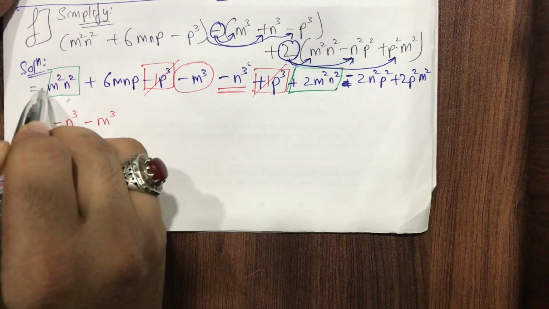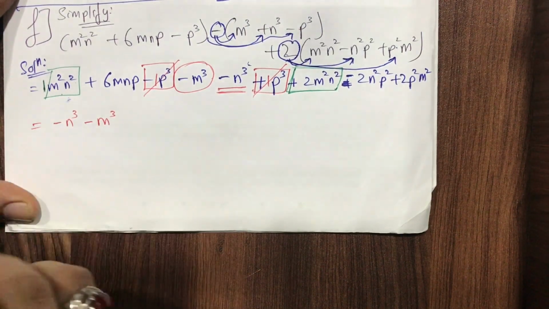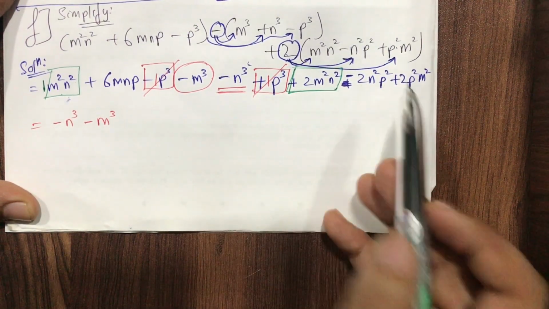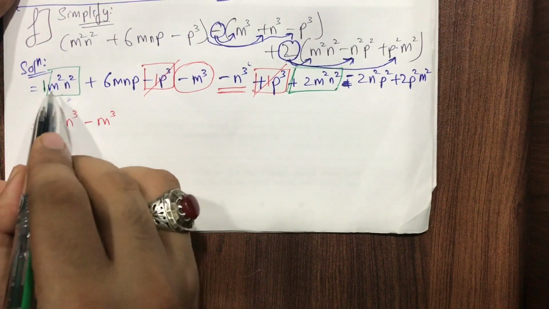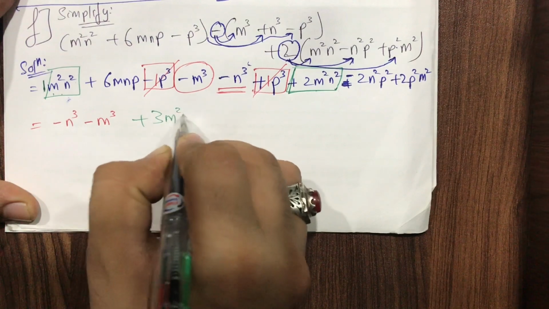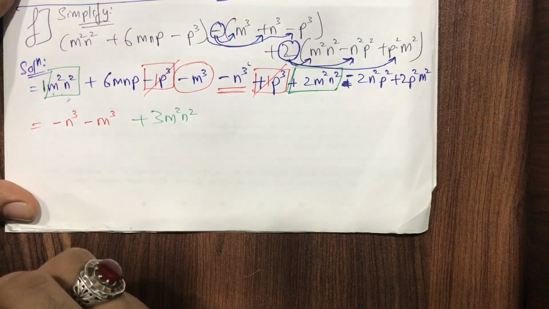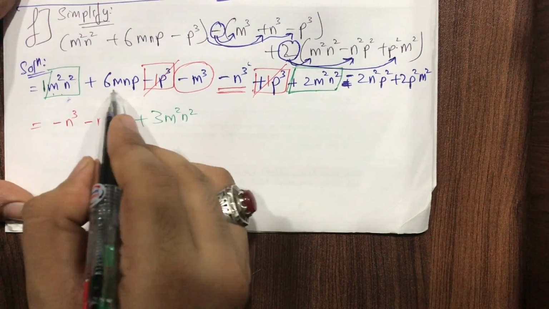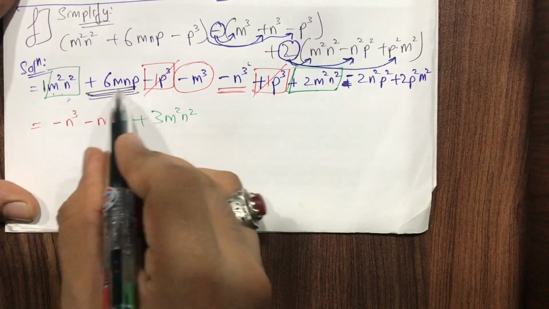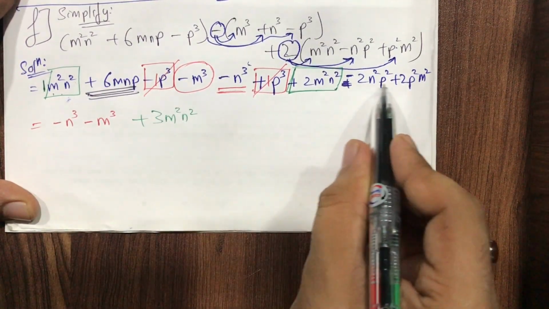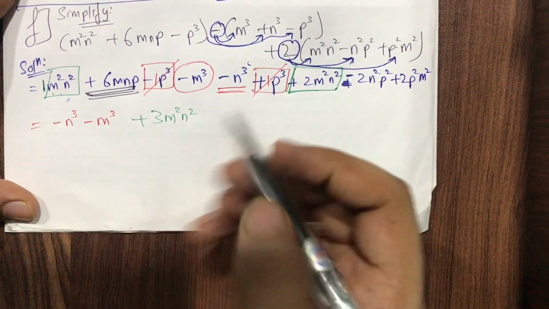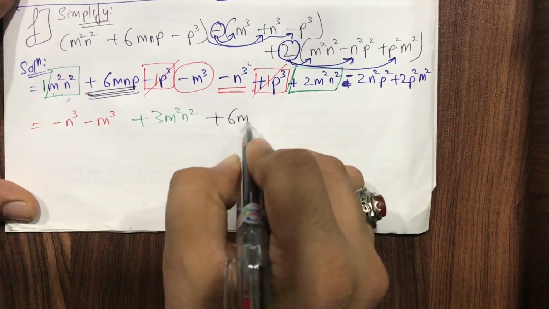And by default, when we have nothing in front of m square n square, it's like 1 over here. So it's plus 1 m square n square. Here it is plus 2m square n square. Any other term? No, we don't have any other term. So this green color, plus 1m square n square and plus 2m square n square becomes plus 3 m square n square. Okay, now next I'll be searching for this one, mnp. With the black color I'll do it. Plus 6 mnp. Any other term with mnp? Only mn will not do, only np will not do. m and p, any other term? No. So I'll just copy this as it is, plus 6 m n p.